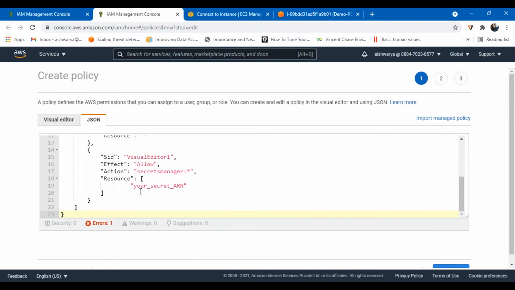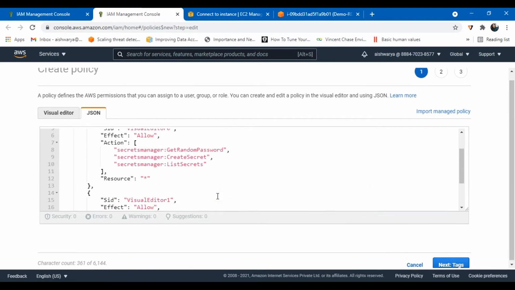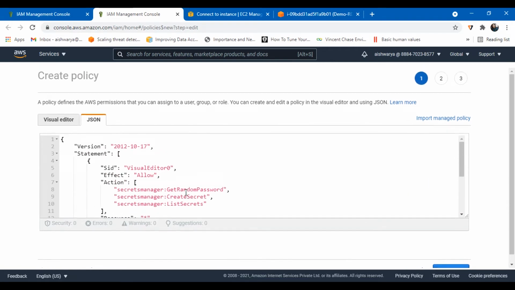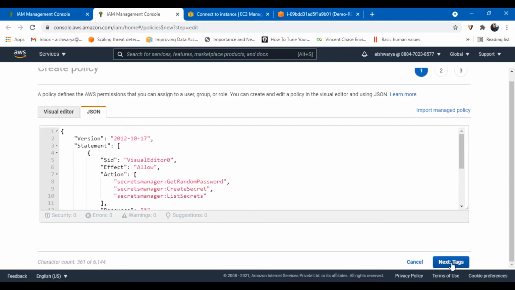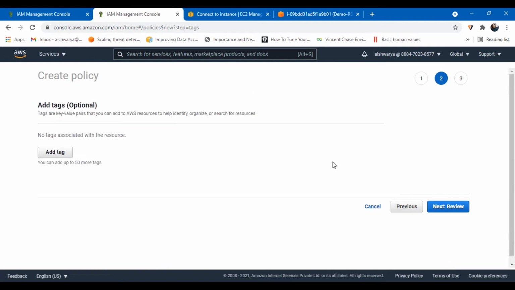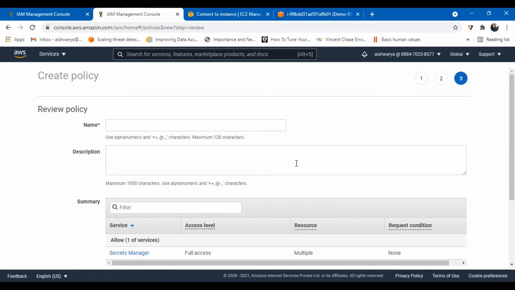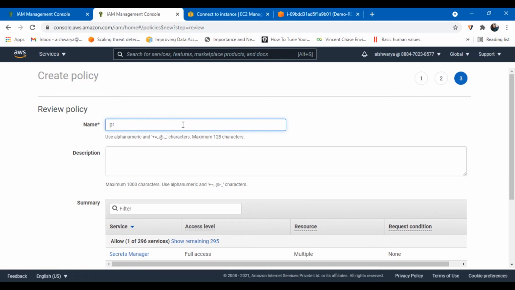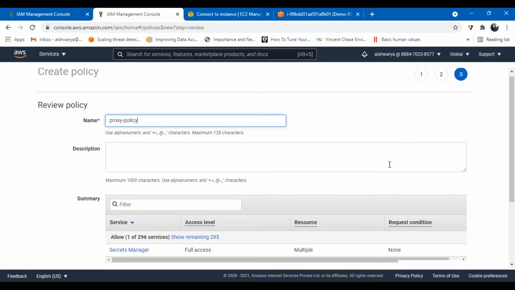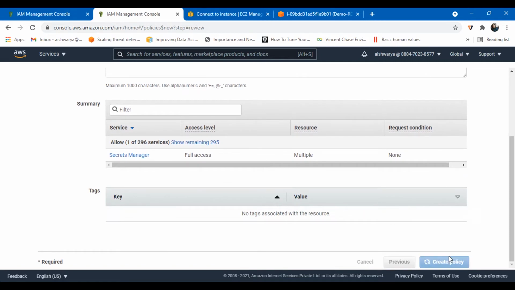So the policy has no errors, and I am good to go. Click on Add tags. Tags I am not adding any as of now, and click on Review. So yes, this seems fine, and let me name it proxy policy, and then click on Create policy.